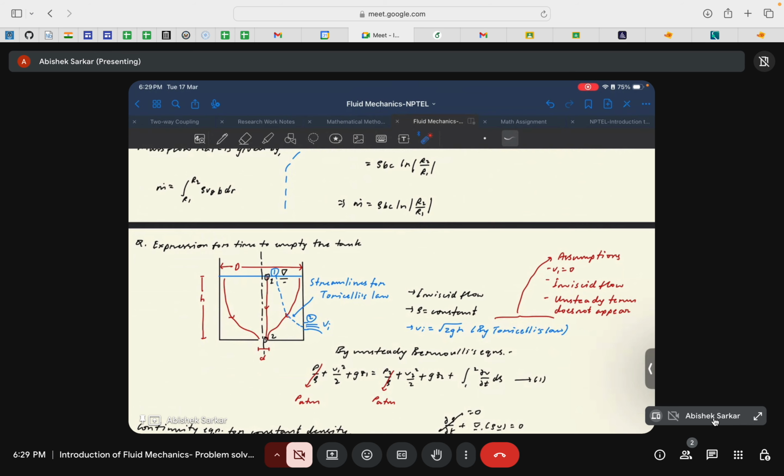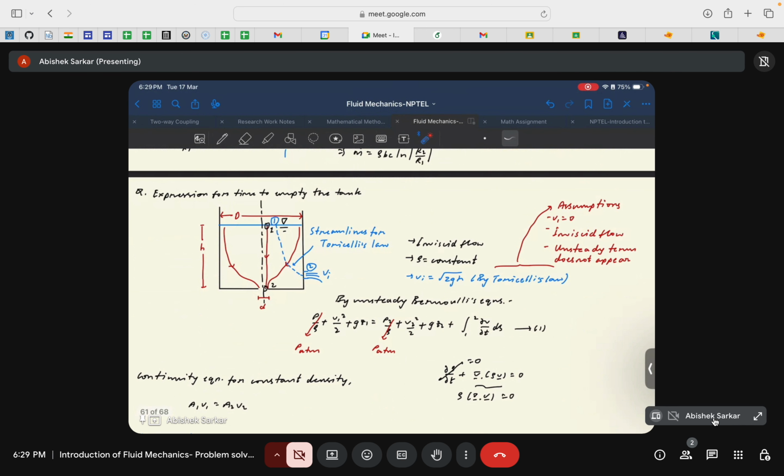Okay, so this is the case in hand. You need to find the time to empty the tank, given that you have an opening of this form, the normal opening of the tank, and a small orifice at the bottom of the tank through which you are emptying the tank. Your task is to find the time required to empty the tank. The orifice may be placed here or here, anywhere, and given the proper approximation,